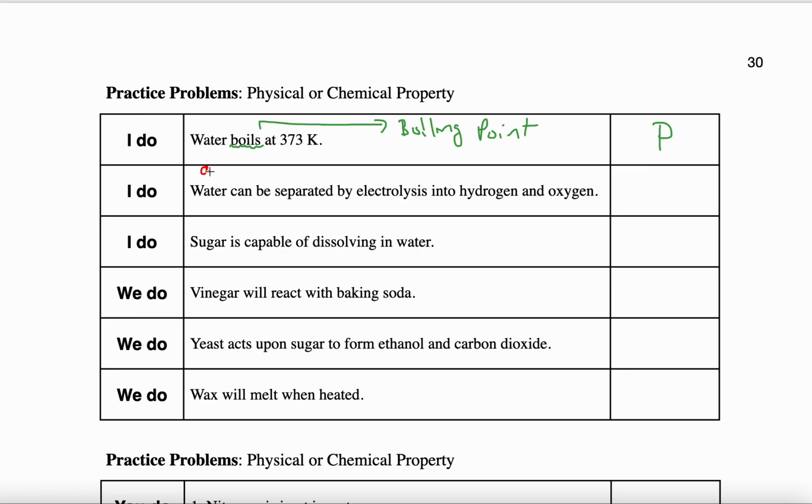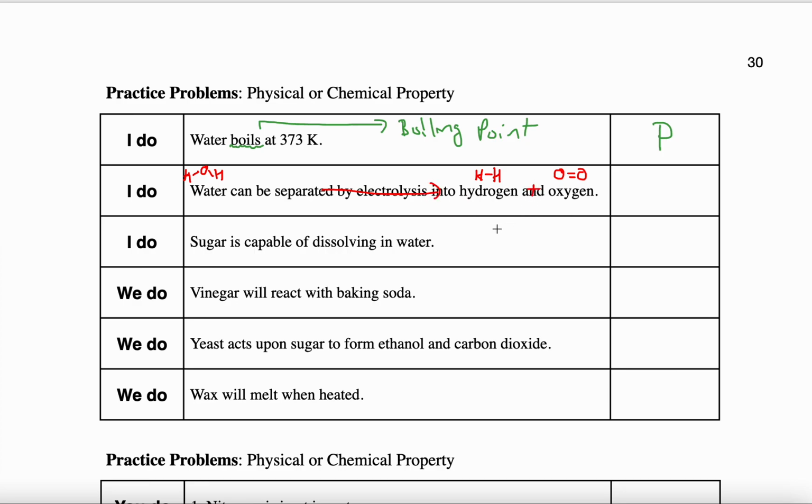So I see the term water, and I'm familiar with how to draw its structure. We have looked at hydrogen before in previous notes. So we have an H bonded to an H. And then I also see oxygen, which we drew before, which is O, and it looks like an equal sign for a double bond between the two oxygen atoms. Now it says water can be separated into, so I'm going to put an arrow, it's pointing to that, into